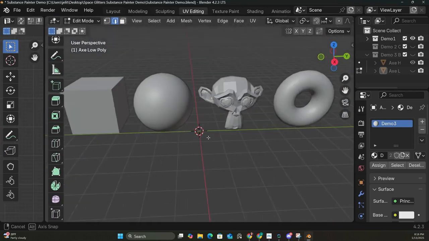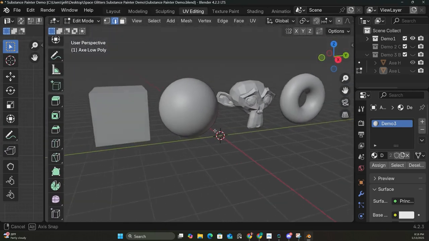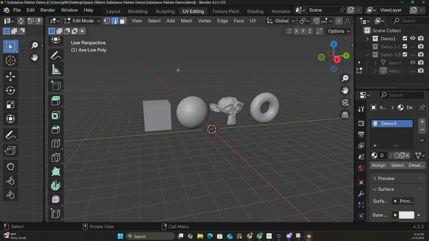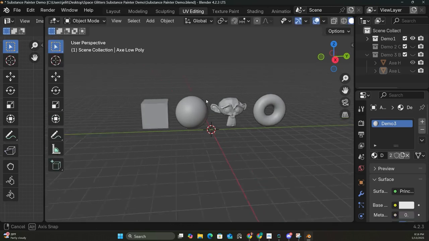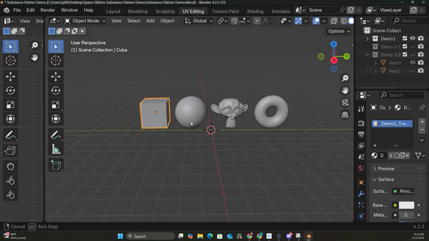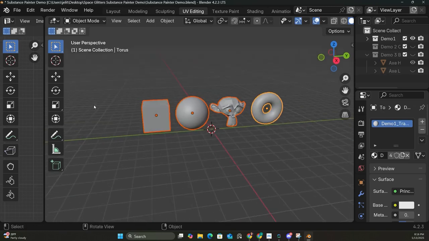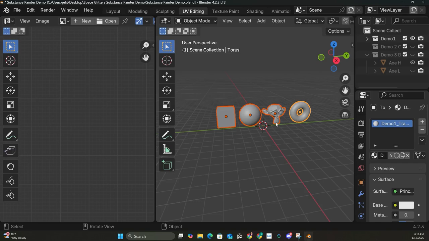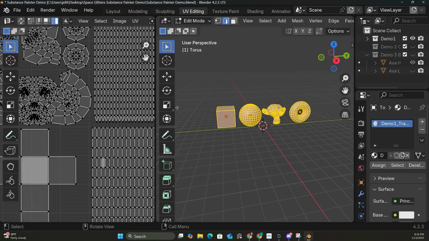Cheez-Its. Okay. So I have my 4 items here. And why can't I click anything? There we are. Okay, so I have my 4 items here. I'm going to go into edit mode, press A,